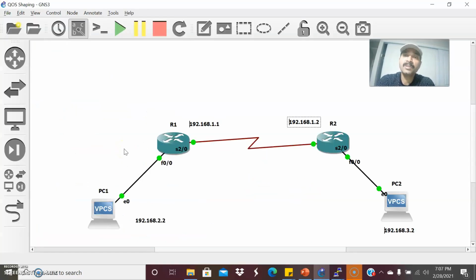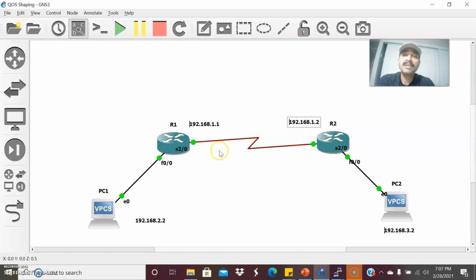So there are two scenarios: shape average and shape peak. Shape average will allow only the average traffic. That means if the link capacity is 128, on average I will be sending only 64 kbps. That is the reason I am shaping the traffic to 64 kbps. It buffers the data to a certain bit rate I am sending towards the ISP, to prevent egress blocking and to prevent the ISP's policer from dropping packets. If I send excess traffic, the policer can drop the packets. To prevent that scenario, I always shape the traffic to a certain bit rate towards the ISP.